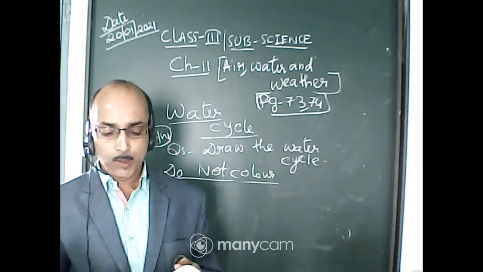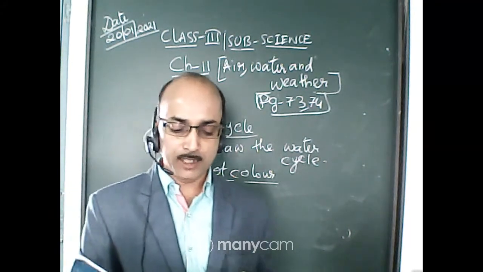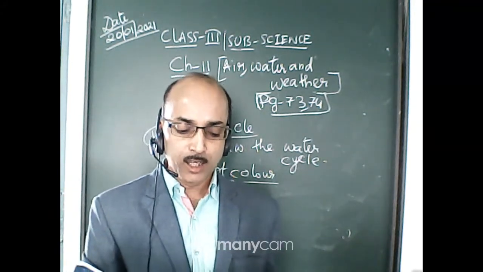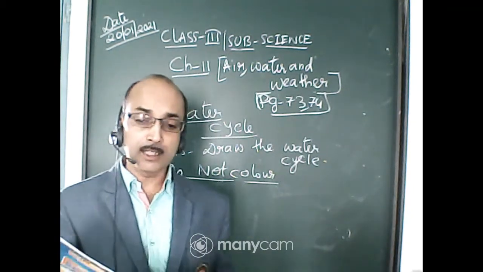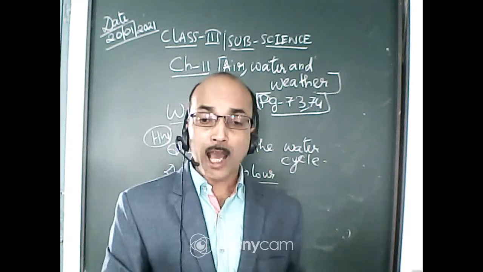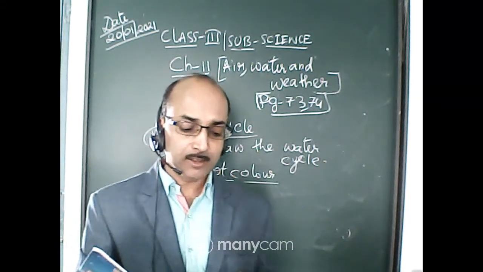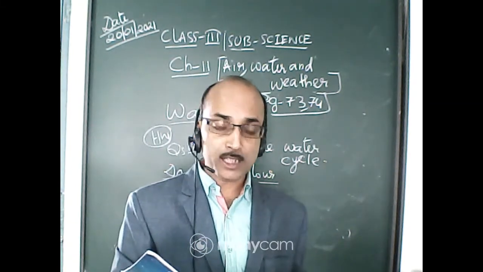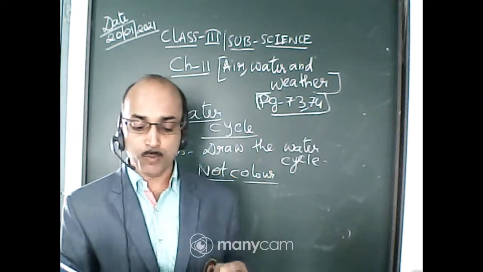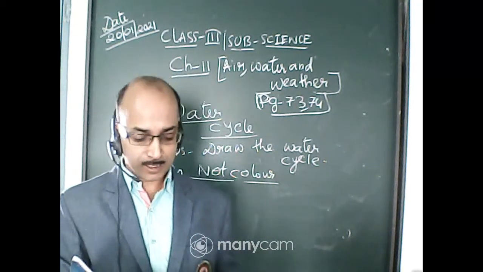So the process is, first of all evaporation. See the picture. Water is evaporating. Cloud is forming due to condensation. Then again this cloud is further cooled and forms bigger drops of water. This falls down as rain. This rain fills the rivers, ponds and lakes, and then again it is evaporated. This way the cycle continues, and this is the water cycle.